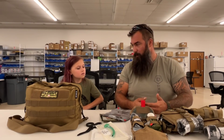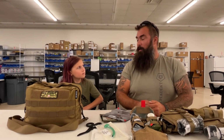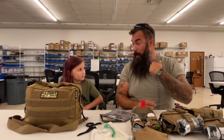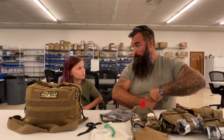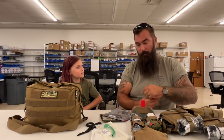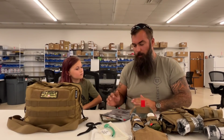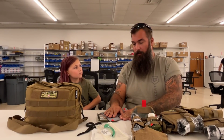Well, what happens if you have a hole in the box, when you go, instead of air coming in through your airway, your nose and your mouth, it comes in through the hole. That's called a sucking chest wound, and that really sucks. No pun intended. And so the way we deal with that is these things are super sticky,